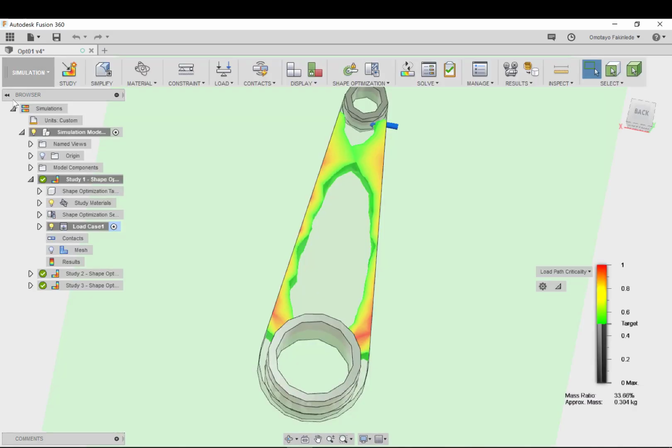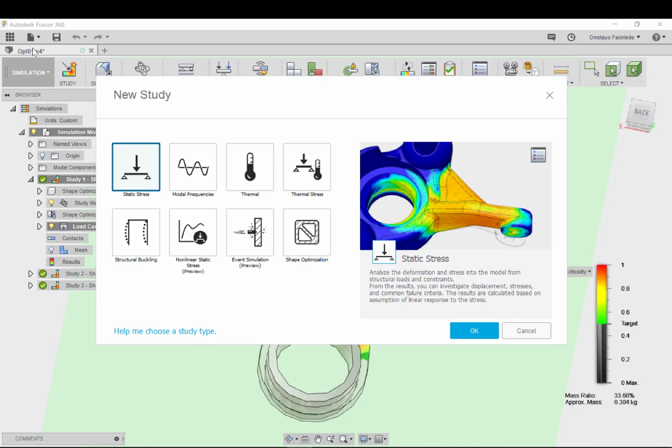Upon choosing the simulation, right now we have done some previous work, and you can see there is a result there, but that's not what is of interest to us now. What's of interest to us is to do a new study. In the new study, we can decide that our new study should not be static stress, modal frequencies, thermal stresses, or anything, but shape optimization.